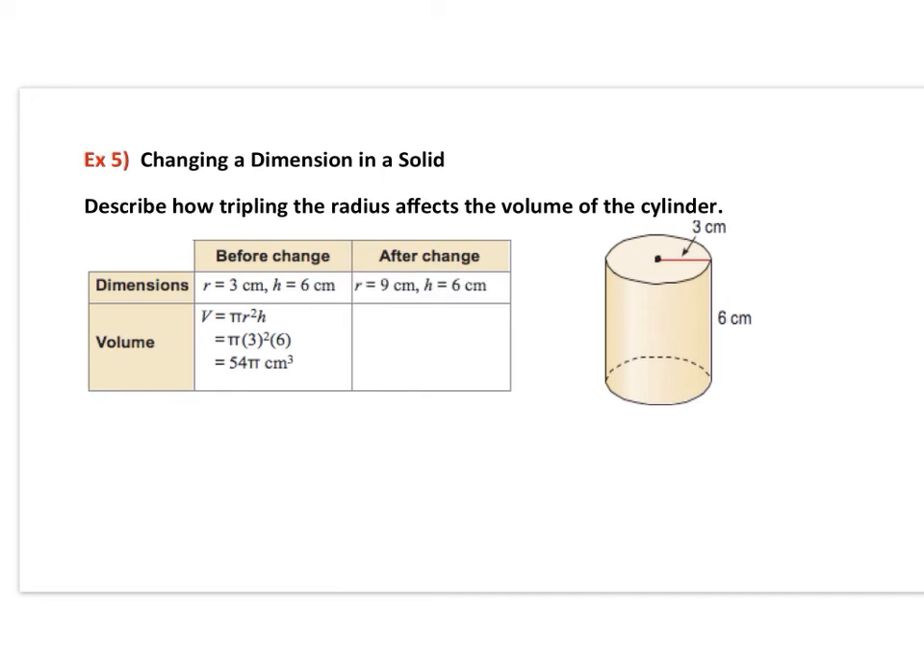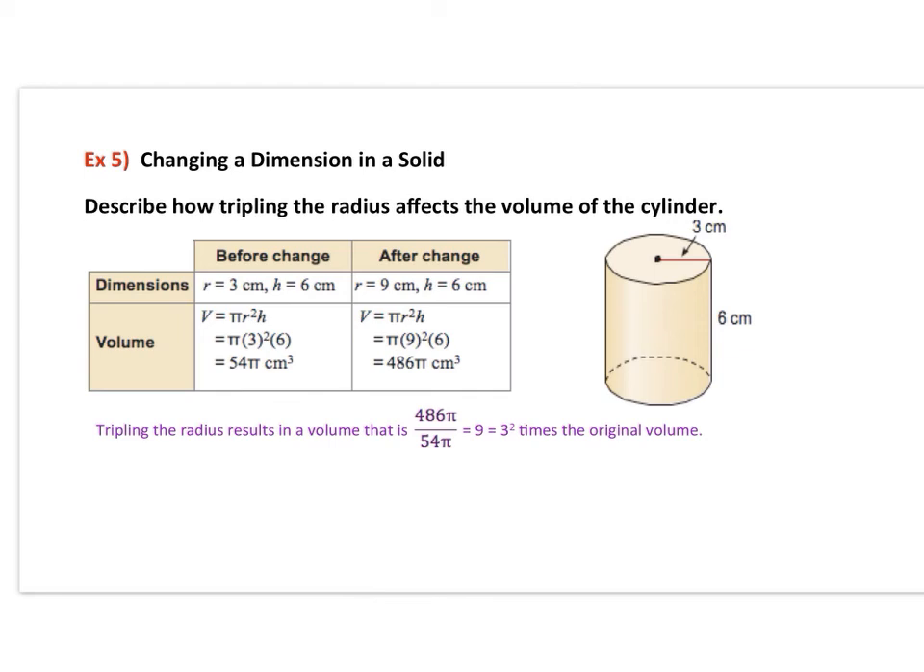So we're only changing the radius, not the height. So only one dimension is changing. So we get a result of a volume of 486 pi cubic centimeters. So let's divide the original and the new. So divide new by original. So tripling the radius results in a volume that's 486 pi divided by 54 pi, which is equal to 9,